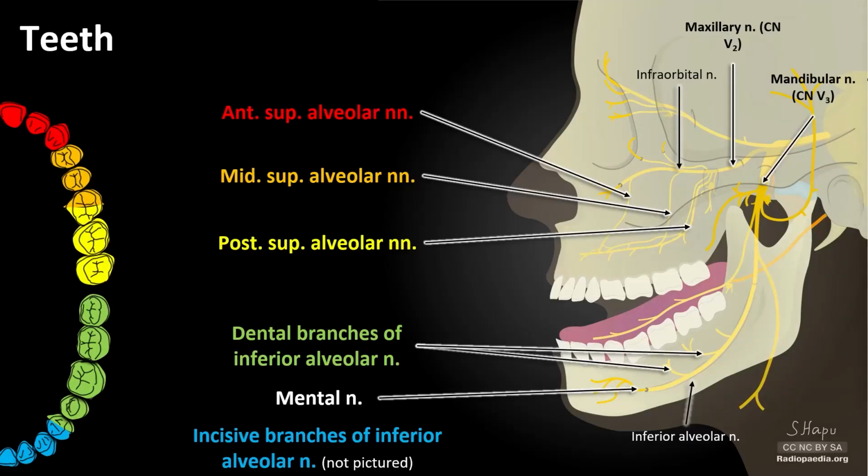All right, the teeth receive purely sensory innervation. Not really surprising because they're pretty solidly rooted in place. The maxillary teeth, again, are going to receive innervation from branches of the maxillary nerve. All right, so we are going to start off in the cranial cavity